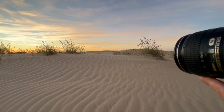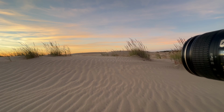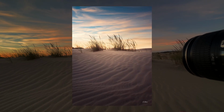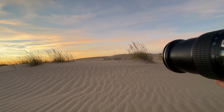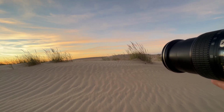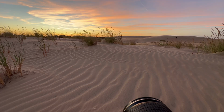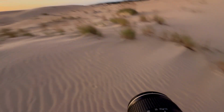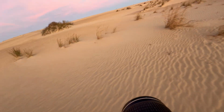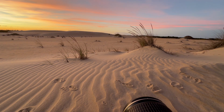So let's see, I'm just playing with, oh, I like that. Got a guy walking his dog up on that ridge. Let's zoom in on him. See what we can get. Well, let's wander around a little bit and I think go back to the other composition that we had earlier. Man, what a scene. We're lined up just like we were before earlier. You got those people up there, but man,